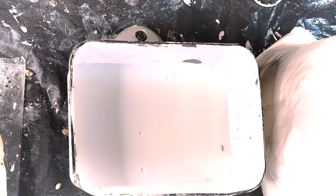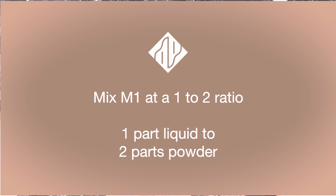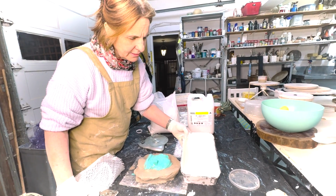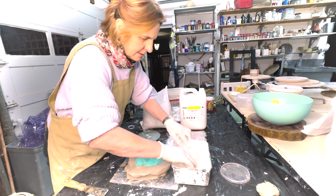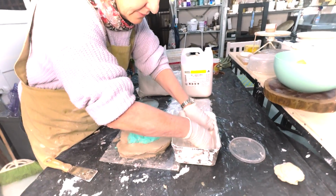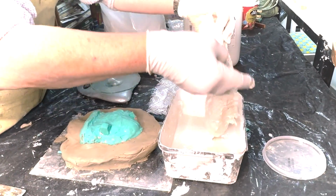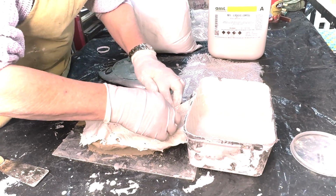Okay, there's 250 liquid, which means I want 500 grams of powder, so it's got to come to 750. So I'm going to put in my powder. We mixed our M1 outside with the drill and the paint mixer so that it wouldn't splatter everywhere. I'm folding this in half and now I'm putting this in here. I'm really soaking it with the M1 and then I'm putting it over